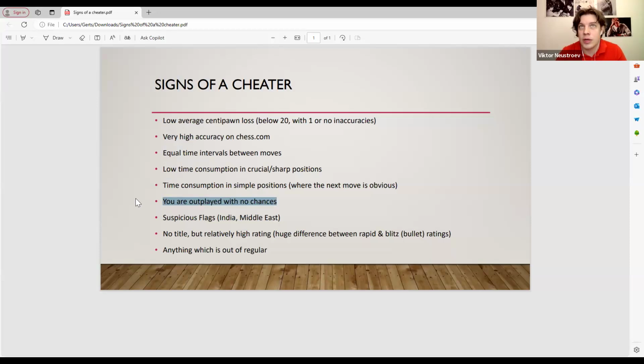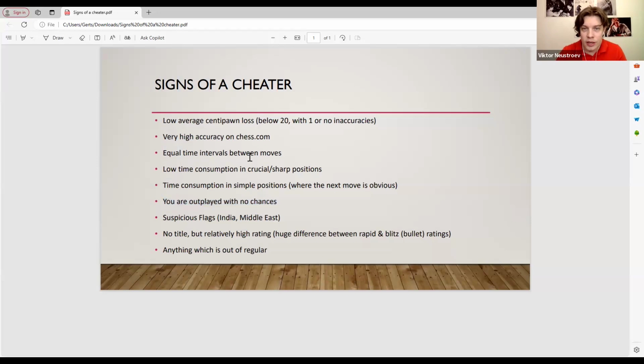So do I lose because I made so many mistakes, or because I was just totally outplayed? If you see there are no huge blunders in your game made by yourself, maybe the guy was cheating, and then you start analyzing the game in detail.